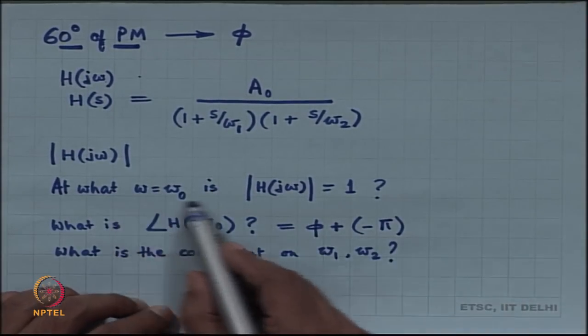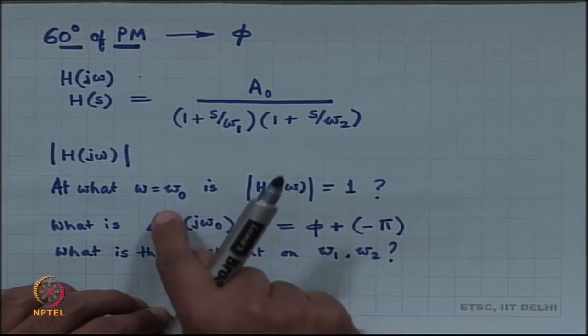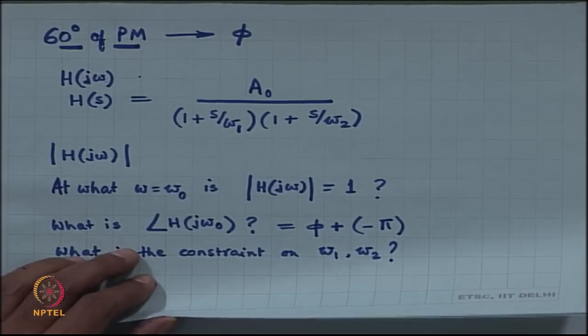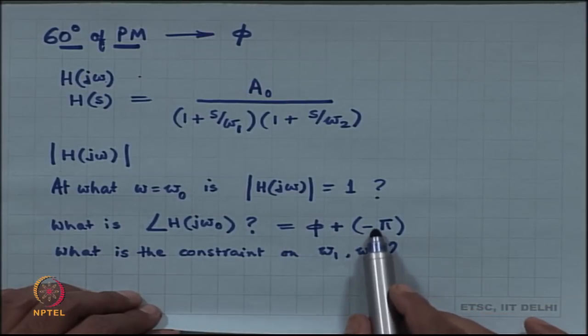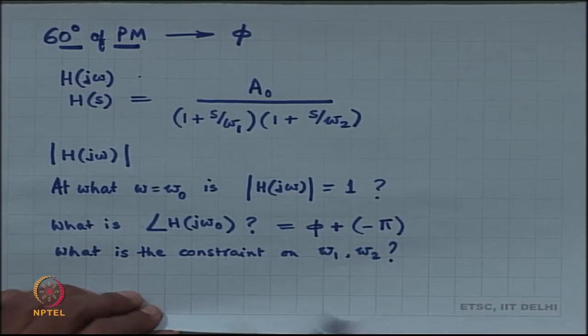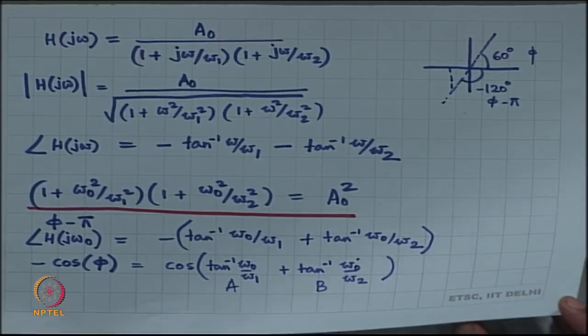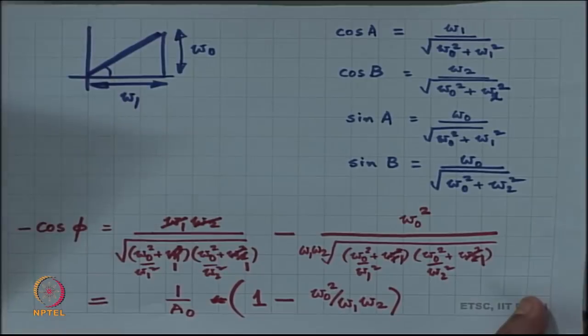I have worked out, I could not quite get to this point, what is the value of omega naught, I kind of gave up, all right. But then I tried to link the two of them together and I came up with a constraint on omega 1 and omega 2, all right. So, this is what we have done so far,